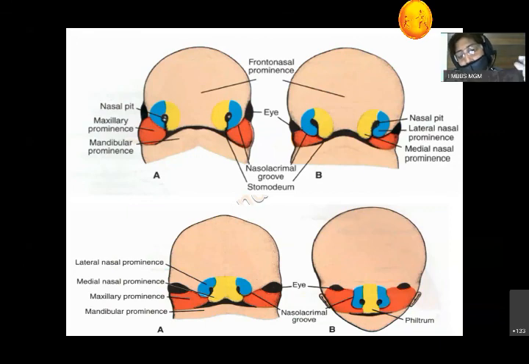So narrowing of the frontonasal process, eyes come to their normal location. Growth of the mandibular process, ears come to their normal position, and growth of the maxillary process, nose or